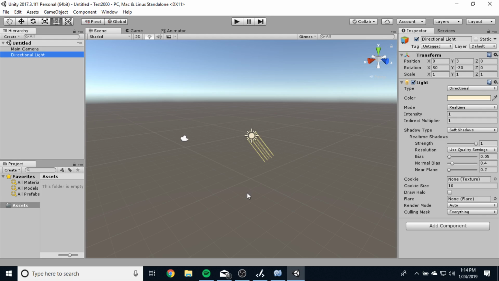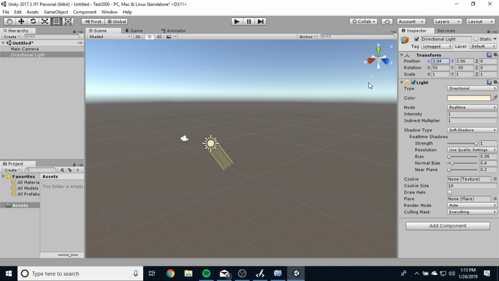Okay, so let's talk about how to move around in this new 3D environment. Well, up here you can see we have three different options. We have Y, X, and Z. Now with 2D, we were only focused on Y and X. Now we have this new Z value that allows us to move in Z space. Now Y, I'm just going to move this directional light. Y is going to move up and down. Okay. X is going to move on that, and you can see it's kind of moving not straight across, it's